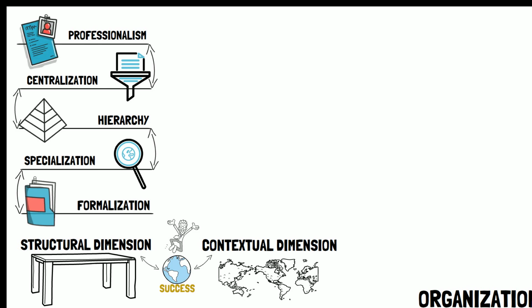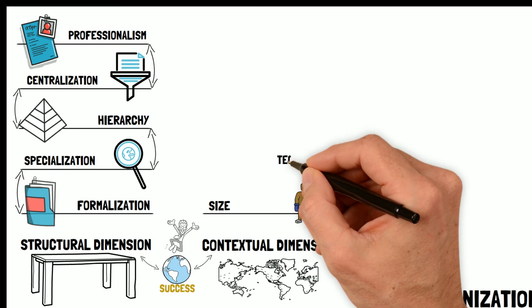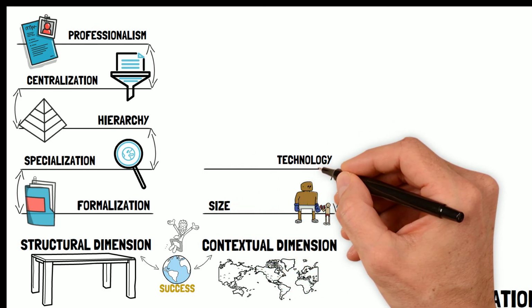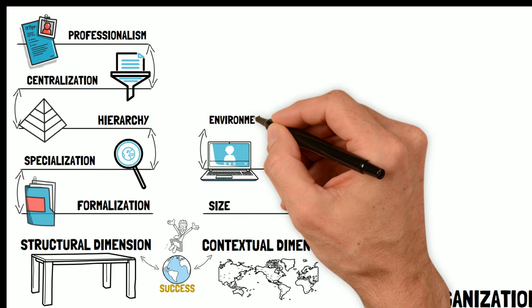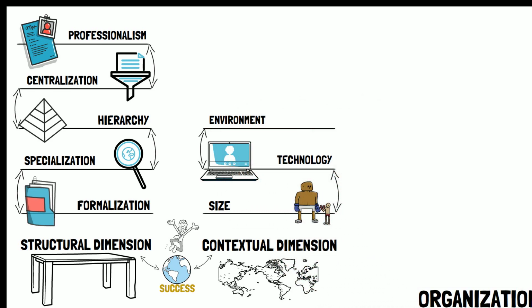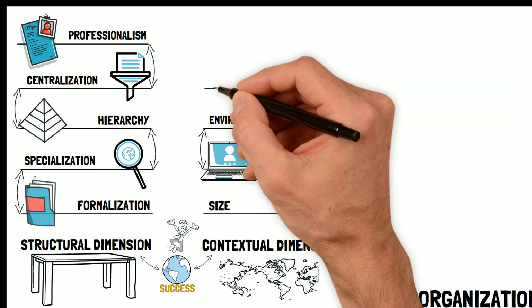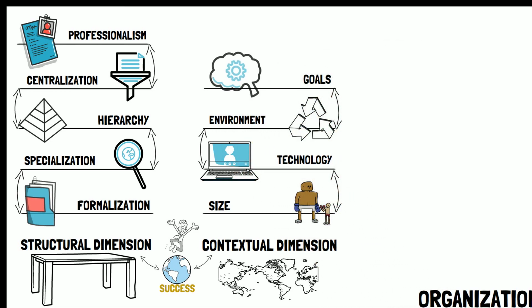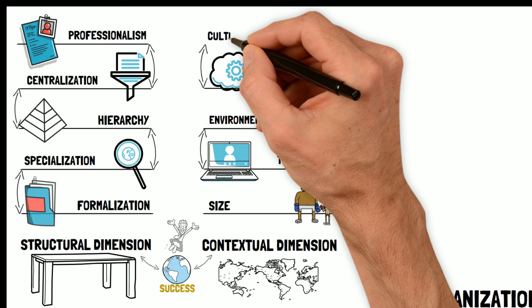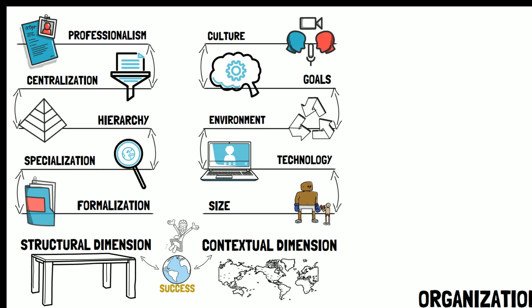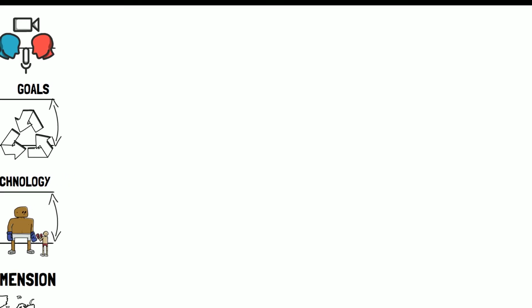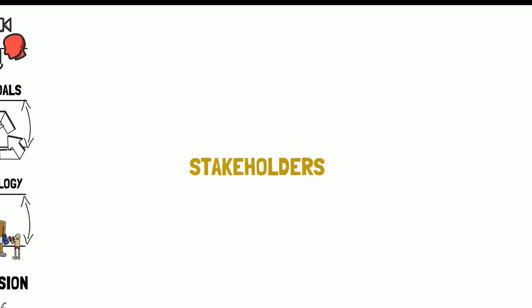The contextual dimension includes size and type. The term technology refers to the tools, techniques, and actions used to turn inputs into outputs. External environment, goals, and business strategies define a purpose, while competitive tactics provide the appropriate opportunities for success. Finally, an organization's culture defines how both people and technology operate efficiently. Regarding its stakeholders and what they expect from the organization: